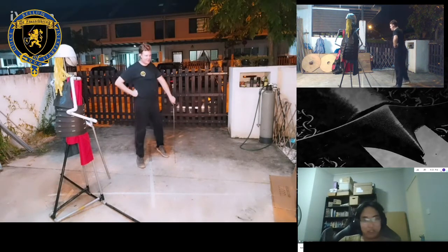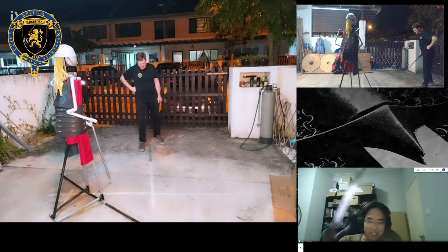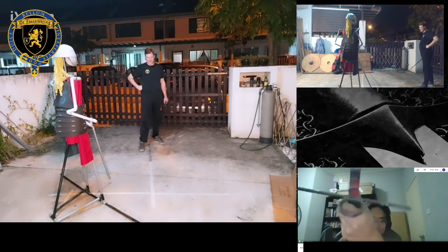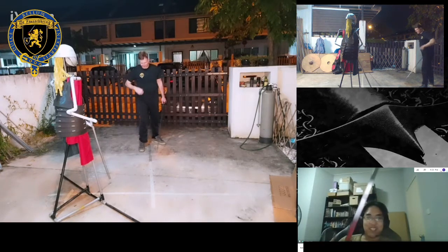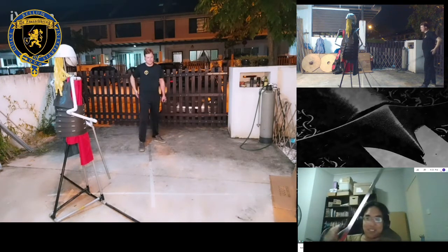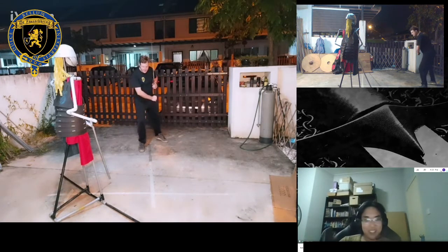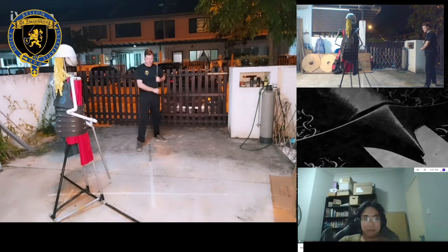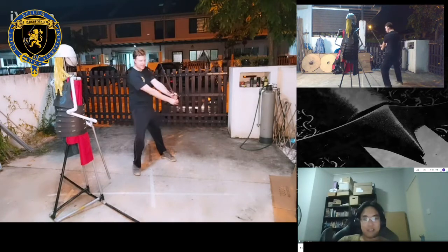Why you see so many double hits in tournaments? We should remind them that a block is a block. You don't have to extend all the way out. Just nice and close. Maintain your structure. Receive the blow on the sword, and then continue. Yes, definitely. If you're doing the basic blocks, then you gotta remember that that's what you're doing. You're blocking. So basic block left, basic block right.